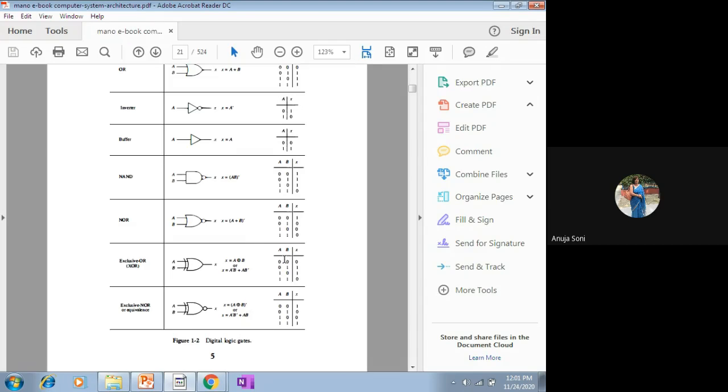And similarly, if we compare these two truth tables, whatever values come out under the X variable are simply the complement of all these values in the previous table. So 0 has become 1, 1 is replaced by 0, 1 is replaced by 0, 0 is replaced by 1. So earlier, wherever 0 0 both zeros were there, the result was 0, and for 1 1 the result was 0, but here it is vice versa, where for 0 0 the result is 1, for 1 1 the result is 1, and so on.